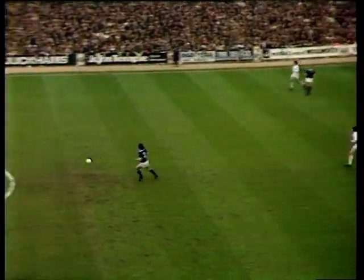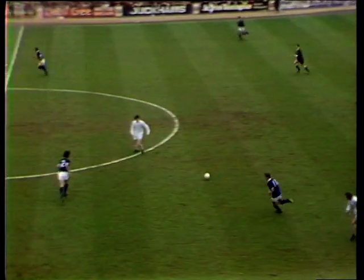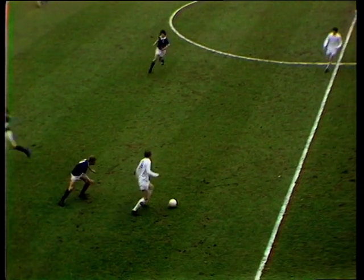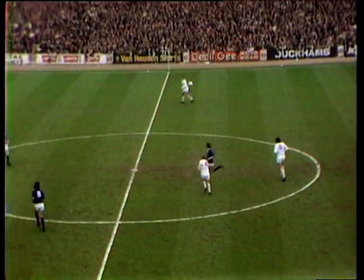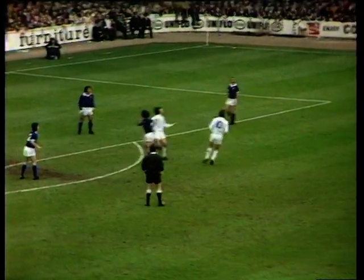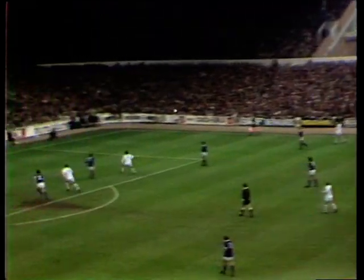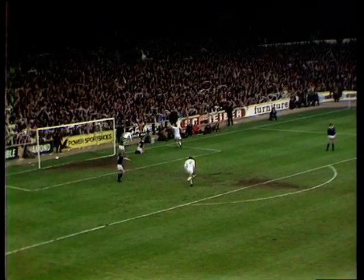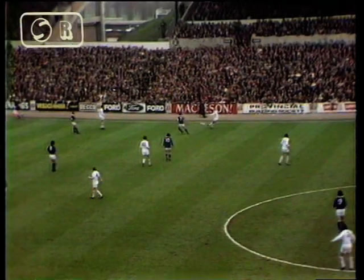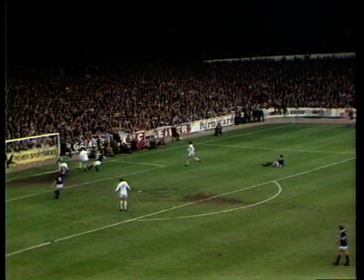Gray got up well. Burley. Cherry for Jones. Gray. Bremner for Reaney. Leeds pushing a lot of men forward now as they too go for the winner. It's Talbot. Hunter to Reaney. Clark has made it 3-2. Ipswich don't like the decision, but Lorimer's header has been forced into the net by Clark to put Leeds in front once again. The Ipswich defence claiming that Clark may have pushed the goalkeeper or had the law committed some offence, but referee